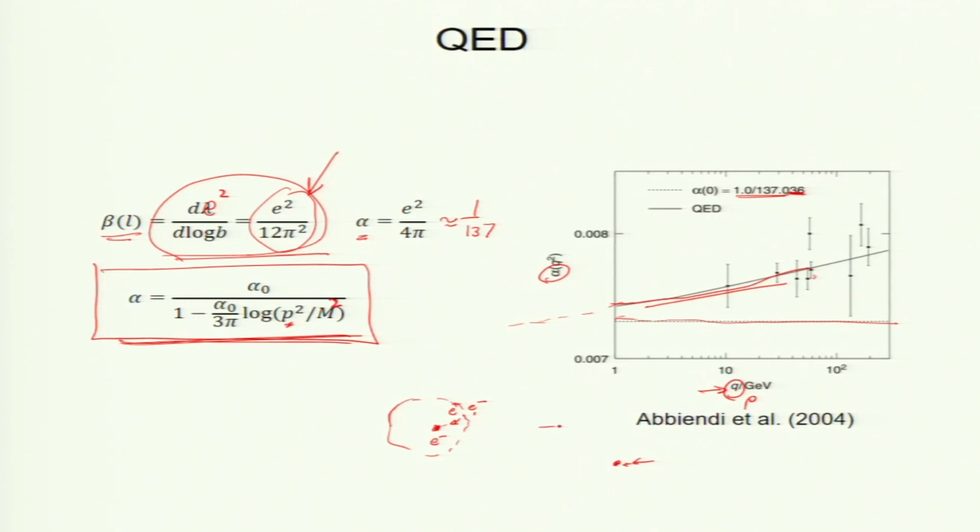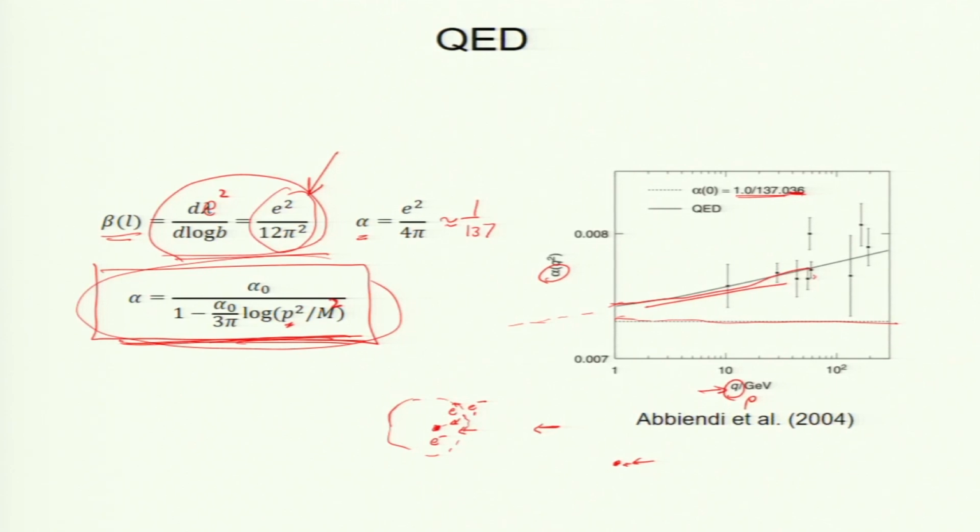So, if I am too far away, then I will see less charge. If I go closer, then there will be less shielding. If you meet the bare electron, that is infinite charge, huge charge. You do not go that close to the electron, but this is the formula for the coupling constant. So, this is how we derive this charge renormalization. And why is it called the running coupling constant? It is running, changing with momentum.